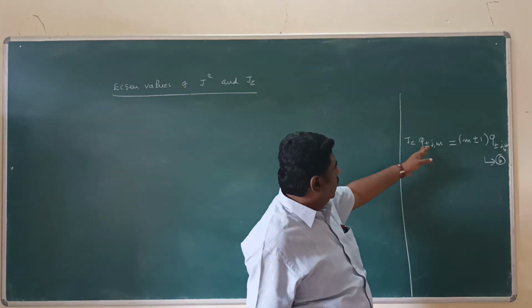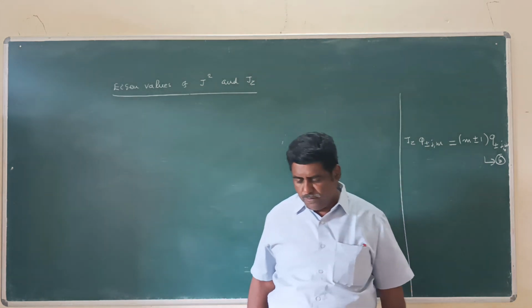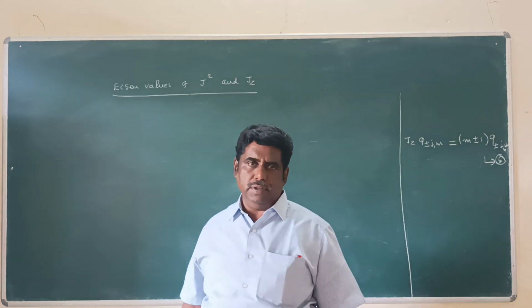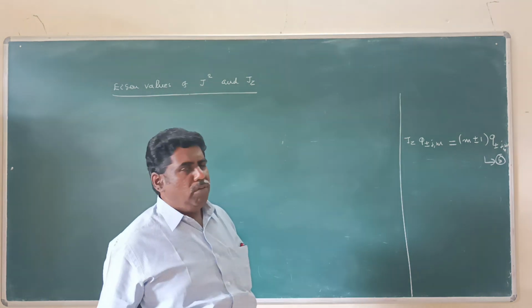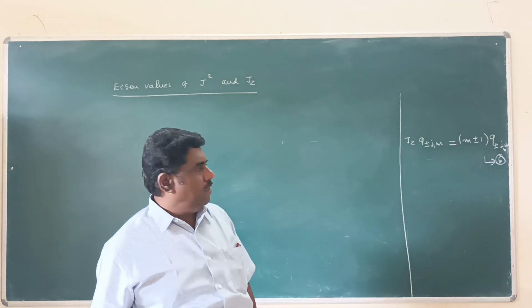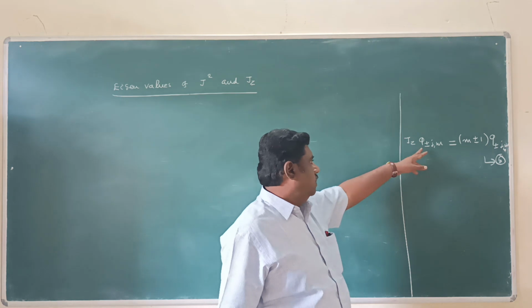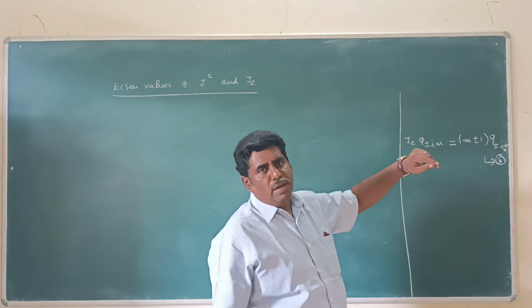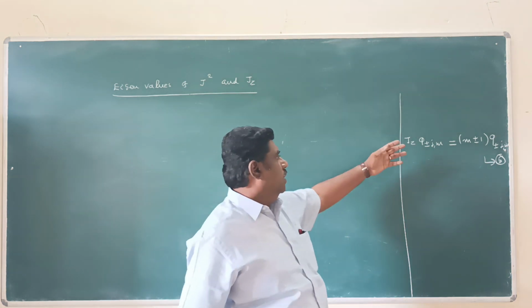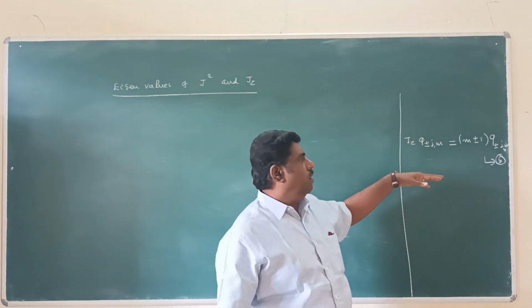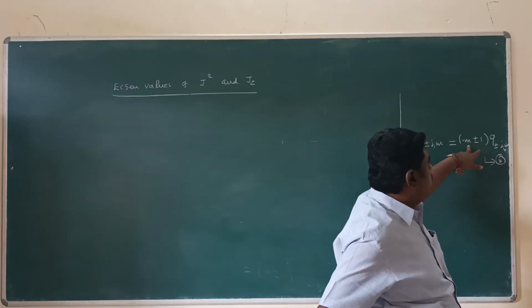If we introduce the eigenfunction ψ±(j,m) as a simultaneous eigenfunction for the operators J square and Jz, we arrive at different eigenvalues. The eigenvalue of J square is η_j, whereas the eigenvalue of Jz is m±1, because J±ψ(j,m) gives ψ(j,m±1). So the raising and lowering operators are used to increase and decrease the eigenvalue of m by 1 unit.